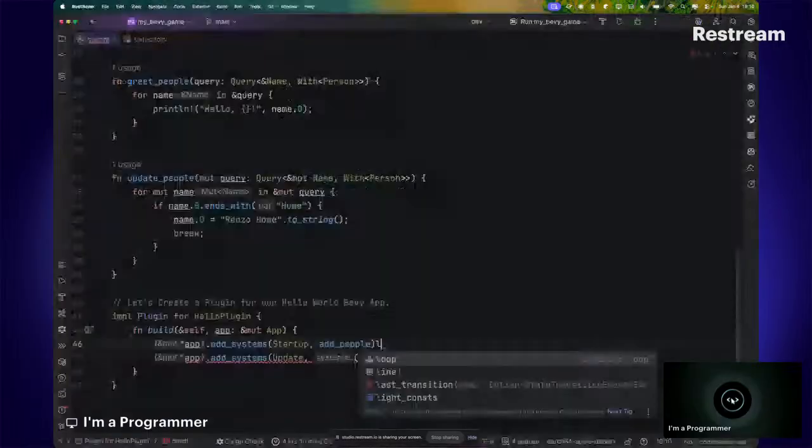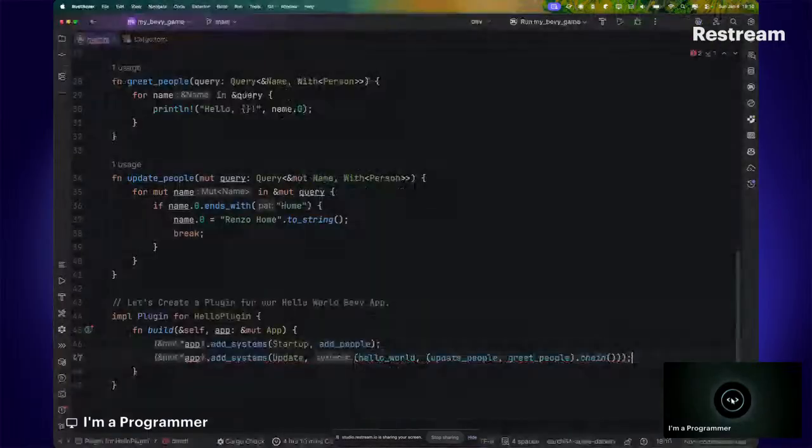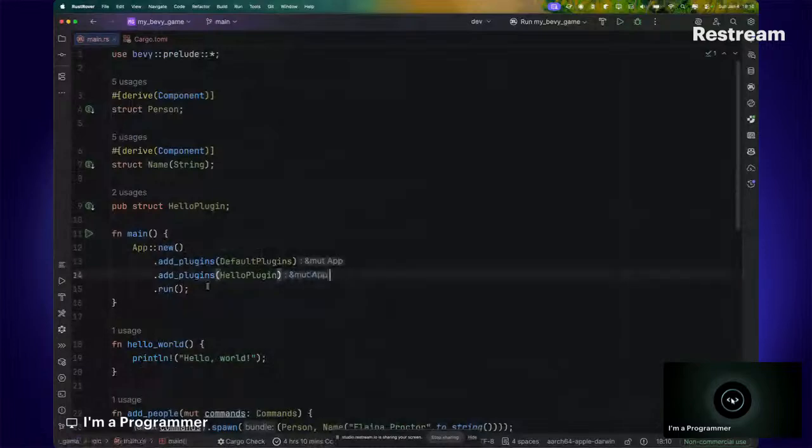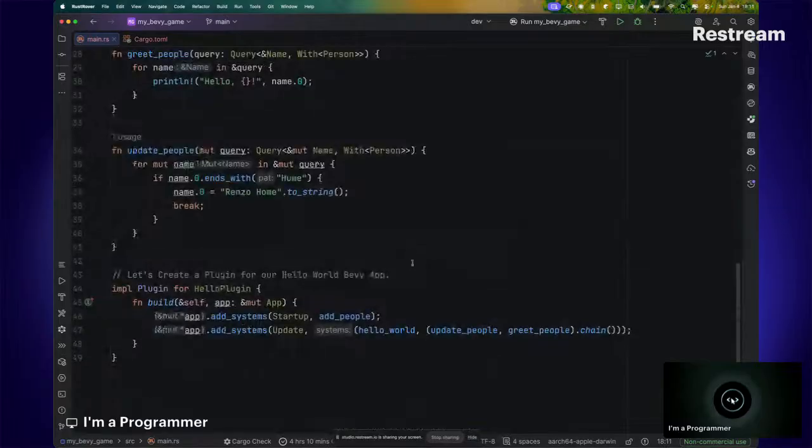But in this case, it's not chained anymore, so we need to end both of them. And then you can see just by copying, that automatically just works. So we can replace all the add systems by just replacing it with a plugin, and that works 100%. Does this make sense? I see the simplicity of our program here